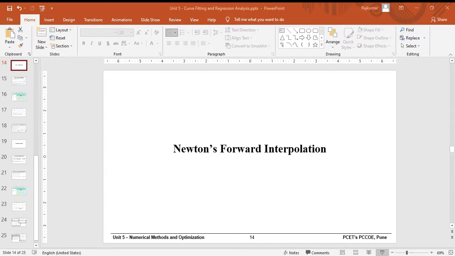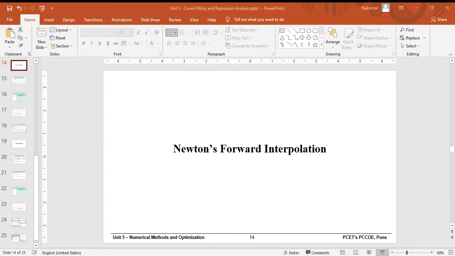Again, while doing calculations, you also need to know the interval. Here the interval is constant, that is, the difference between two successive values of x is constant, and 150 minus 100 you will get 50. So the value of h will be 50. Again you can cross verify, take the difference between 300 and 250, and you will get the same answer. The value of h will not be given in the numerical and you need to find it out, and in this case it is 50.